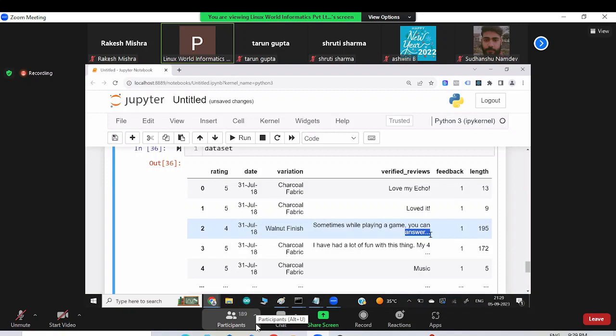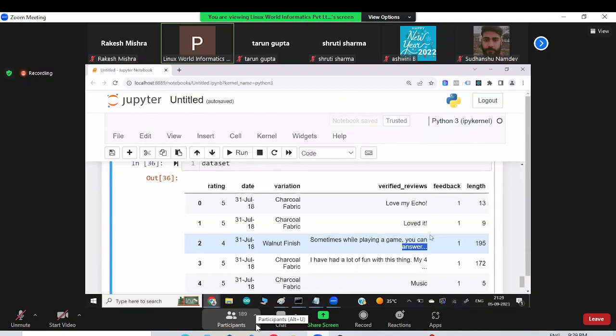Then I will use my NLP skills to find the sentiment. That's what I would do.